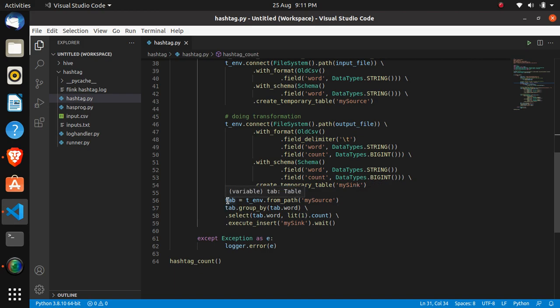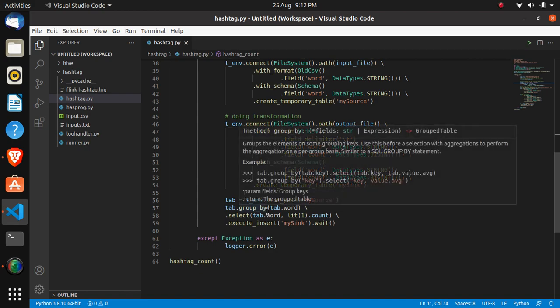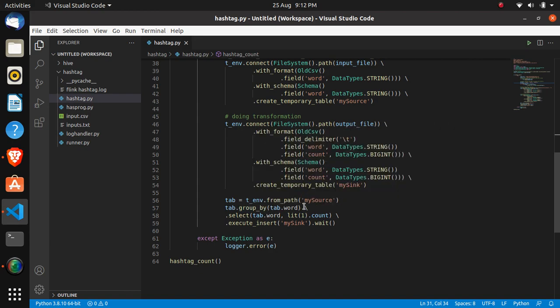So here in the table, I am providing this table, that is my source, which we have created previously. And then after that we will be using the group function to group our table by word, and then from there I am selecting word, and then I am providing the count, to count the values of each word. If there are duplicate words, then it will just add up the count of that word.